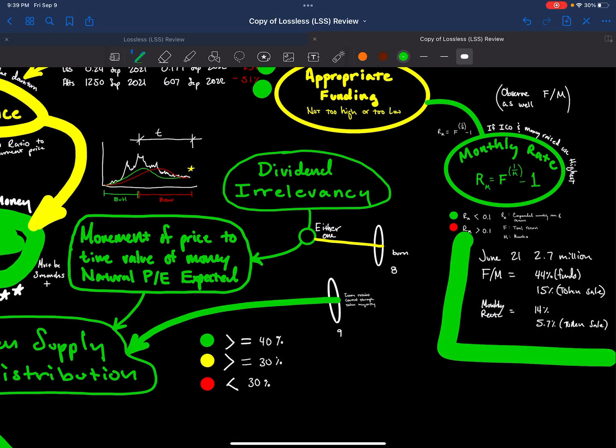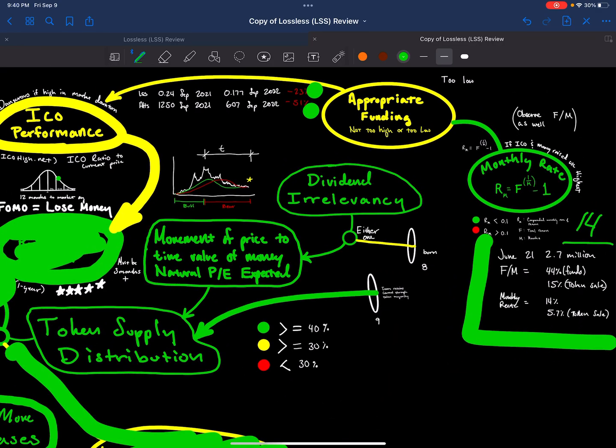We're seeing a monthly return from the token sale of about 5.7 or 14% between the funds raised. So funds raised 14%, but the number you should be thinking about is they've got a 5.7% return since they went live, 14 months. I got to make sure I write that down next time. This math was used from when they raised funds for the project and the token sale. At 14 months, they're running at 5.7%, which is pretty good, but it's not too risky as far as dumpage